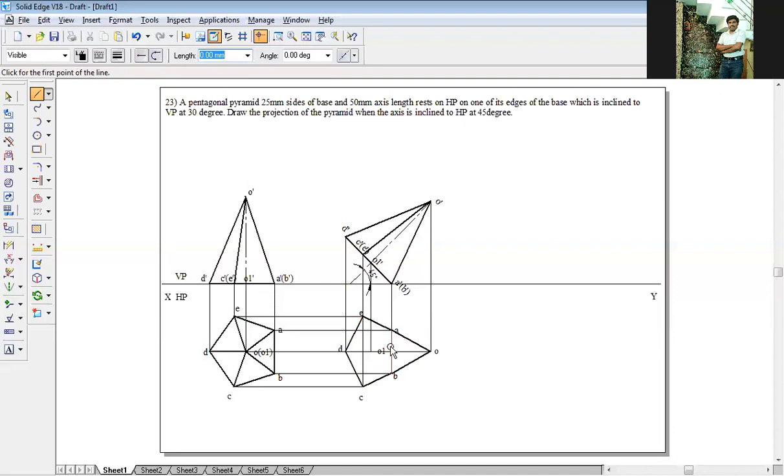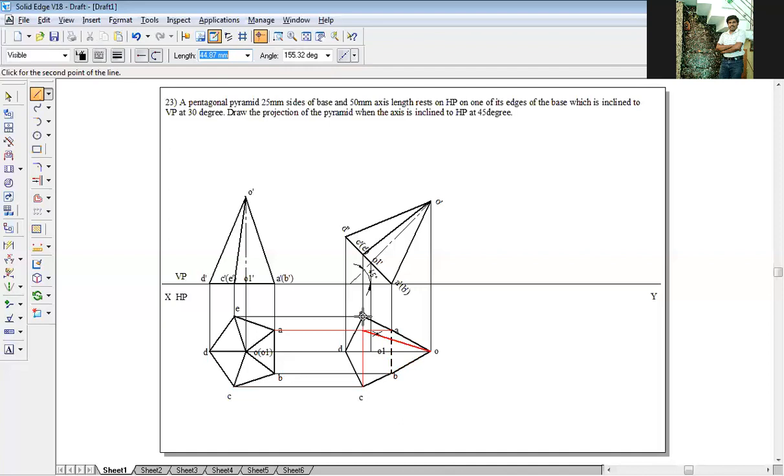After that, dotted lines. AB is the line which I have not yet touched. This line I have not yet drawn. If I see in the opposite drawing, the AB point is on the XY line. Since it is on the XY line, it is not visible. It has to be drawn dotted. So go to dotted line style. Equal to point. After that, C to A to C, everything is done. O to A is done.